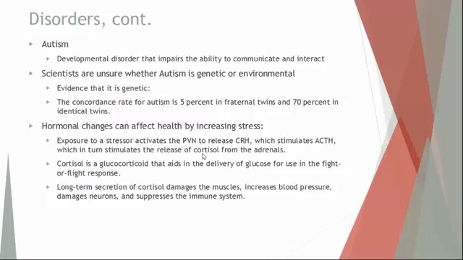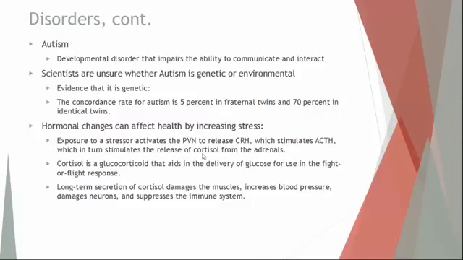Now, stress is something that you need in your life for your body to function. A little bit of stress is not that big a deal. But when you are constantly exposed to stress day after day, on a never-ending basis, that's when it can get very, very dangerous. So cortisol is called the stress hormone because it helps to deliver sugar for energy, or glucose, that your body needs in the fight or flight response. So whenever you're in an emergency situation where you need energy right away, it's cortisol that helps deliver the glucose to those tissues that you need.